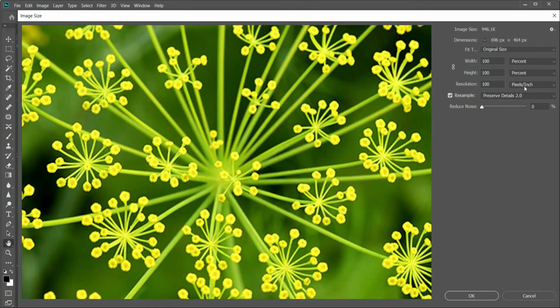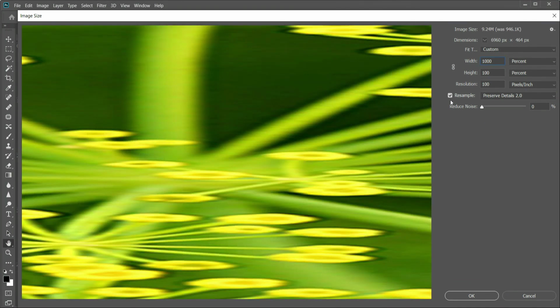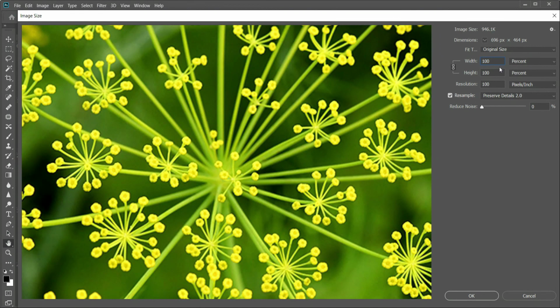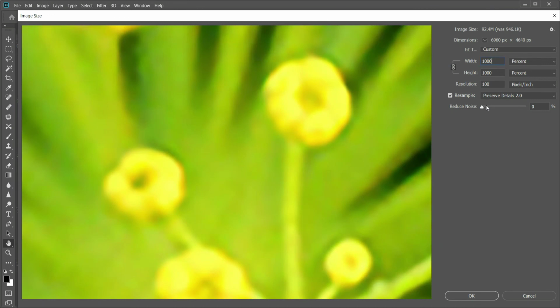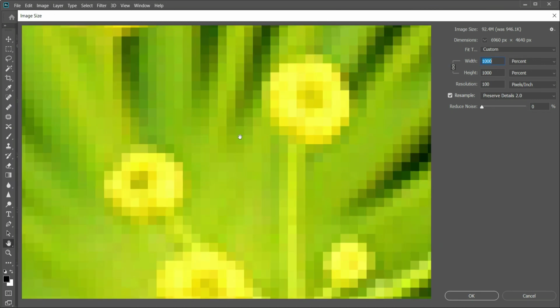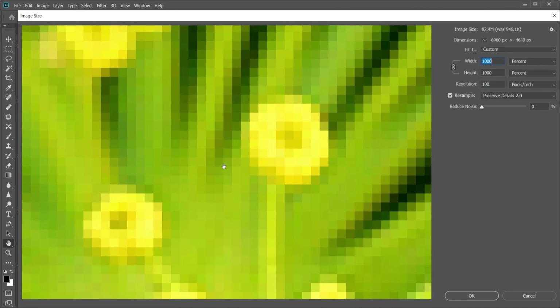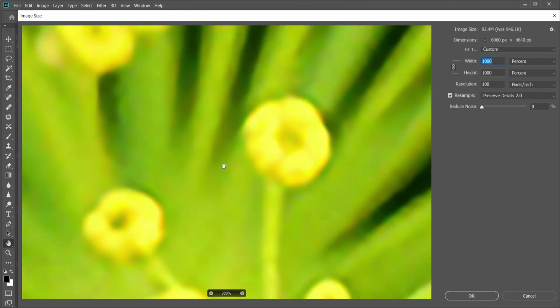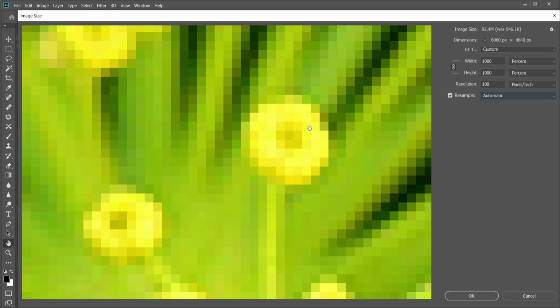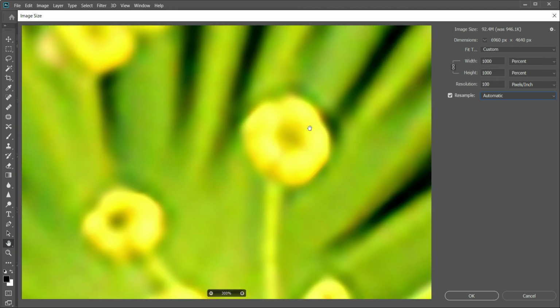To see what it does on the image, click on the image and you will see a jagged image. That is, the image is upsized without resampling applied, and once you let go of the mouse, it gives the image after resampling. I'm going to do it a couple of times for you to see the difference.